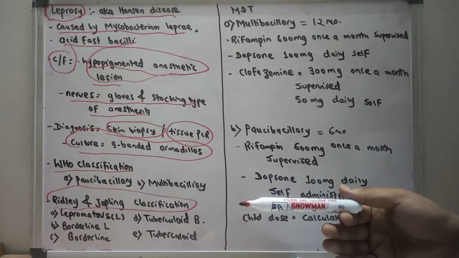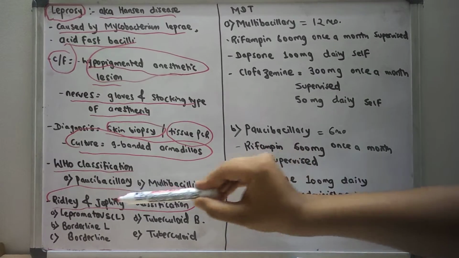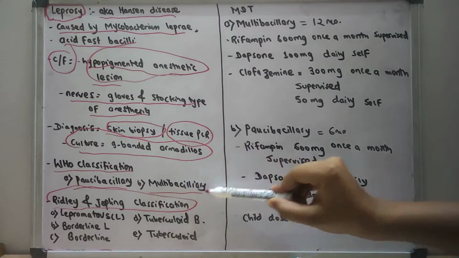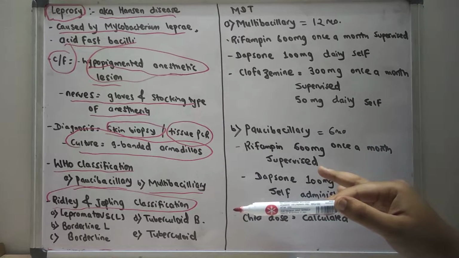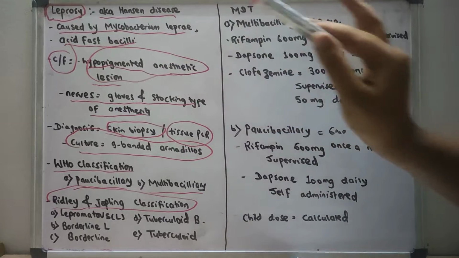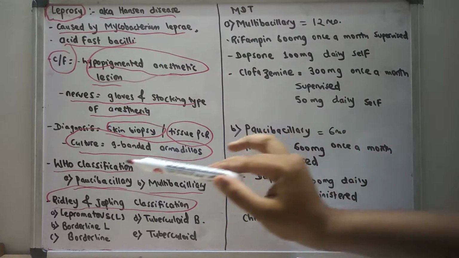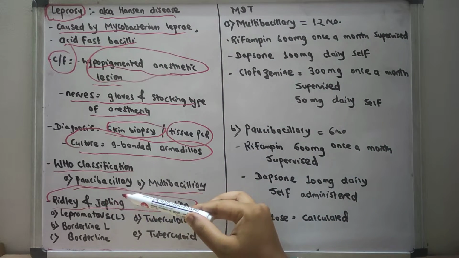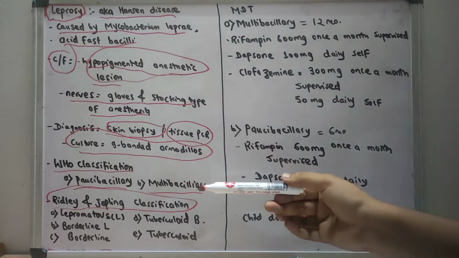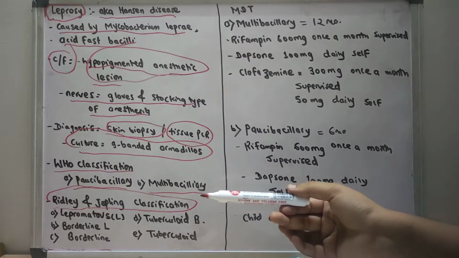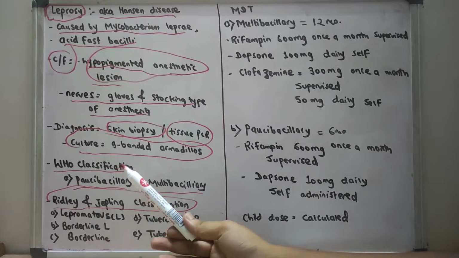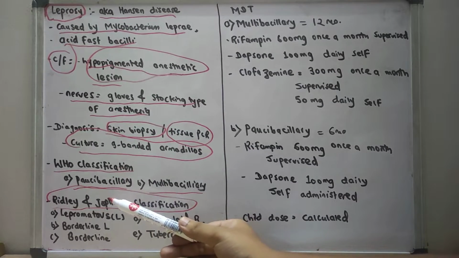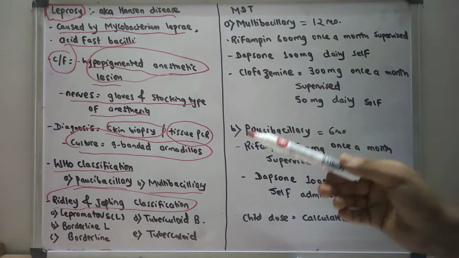The WHO classification is mainly divided into paucibacillary and multibacillary. I want to describe in brief the paucibacillary and multibacillary. The lesions are less than 5 in paucibacillary, and in multibacillary it is more than 5. That means lesions 1 to 5 of leprosy come under the paucibacillary, whereas more than 5 lesions